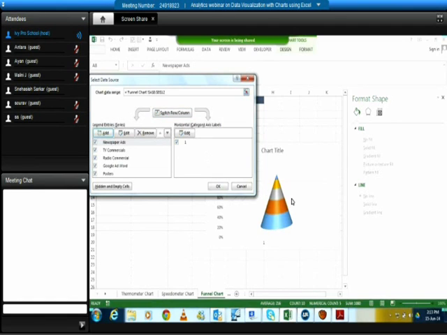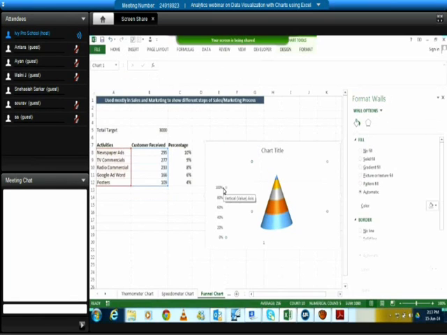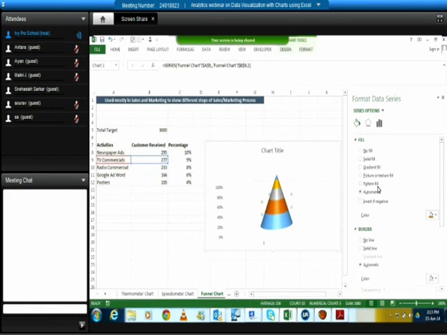So I can switch row and column, and as soon as I switch the row and column, it ends up being a cone that I desired, right? So this is this. Now again, the only thing that we are left with is rotating it upside down, because right now it's a cone and we have to rotate it. So for rotating it upside down,